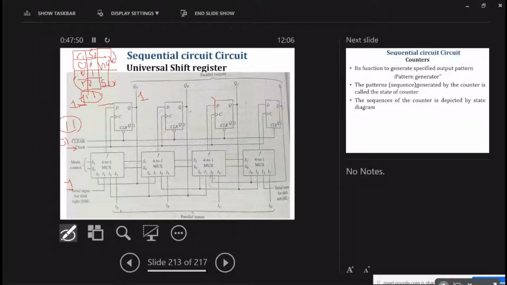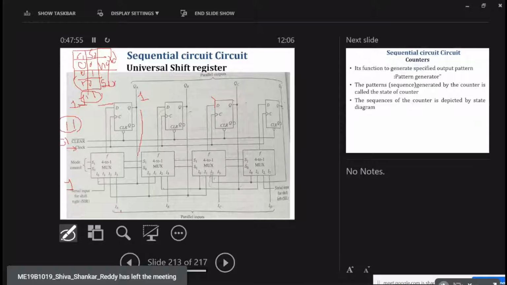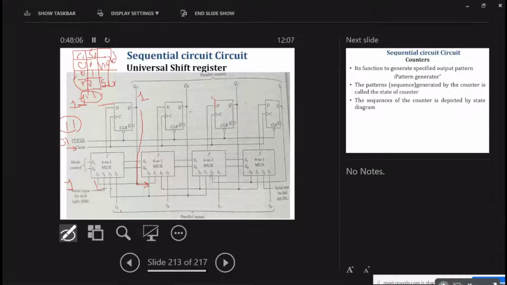Whatever, what about this, because this is connected with this one. In the second clock pulse, this is connected with this and this. So during the first clock pulse, whatever was at this value I0, from the previous condition, it got shifted to here. In the next clock pulse, whatever is at this position, we will get at this I1.